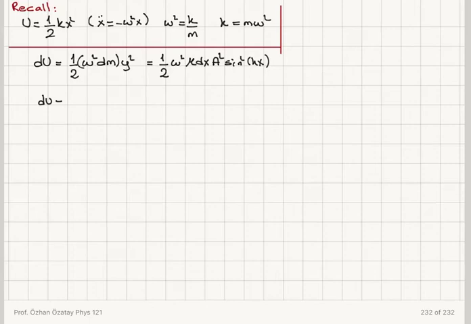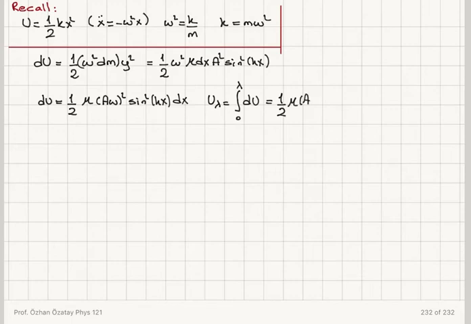Therefore I will obtain a dU, it's 1 over 2 mu a squared omega squared sine squared kx dx. And in order to find the total potential energy carried in one wavelength, I have to integrate this from 0 to lambda dU. I will obtain 1 over 2 mu a squared omega squared integral from 0 to lambda sine squared